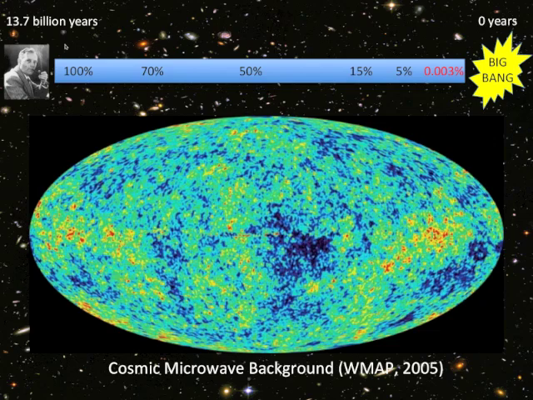Until today we can detect it with our telescopes, right? And that is what this picture is. This picture shows you a photo of how dense different parts of this initial soup that was the universe were when it had 0.003% of its current age, right? So this is very, very fascinating because we have a map of what the initial conditions were for galaxy formation. This tells us how clumped matter was at the time.